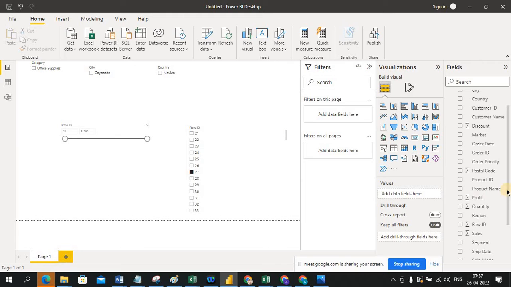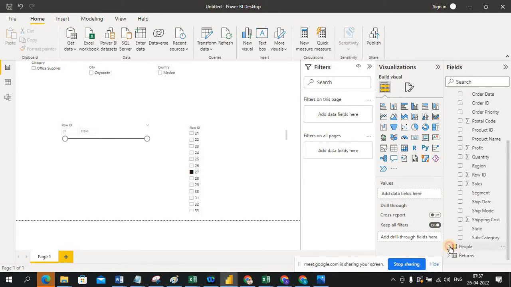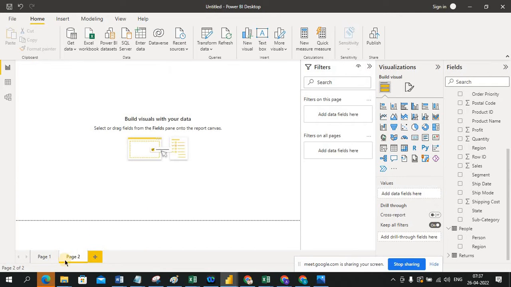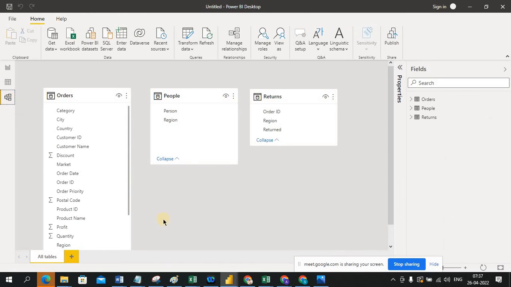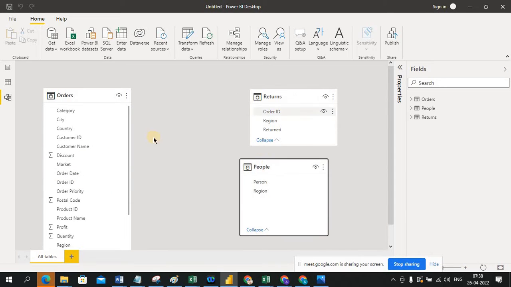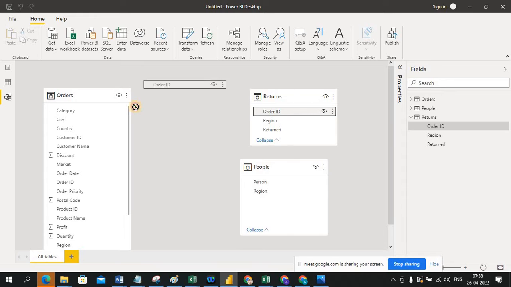Now this table is different, that table is different, person region, I guess. Now I'm going to add one more sheet here, called data modeling. So see guys, now here order ID is there, here order ID is there. I'll build the relationship between these two. Just select this order ID from the G10 and place it here in the orders table order ID. Okay, so you can see the relationship is 1 to many. 1 is this, many is this, because